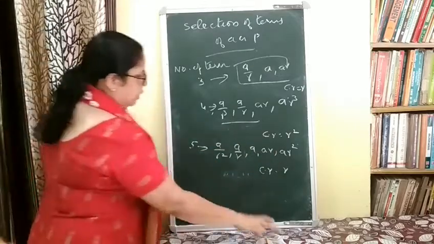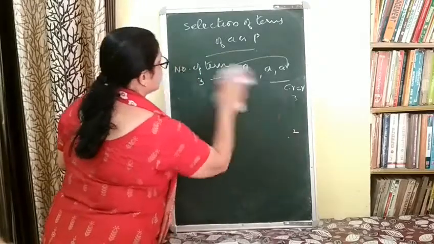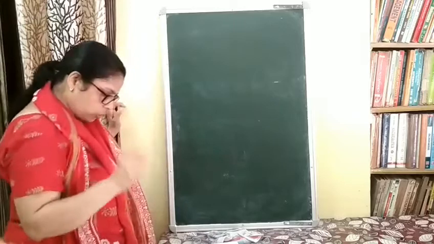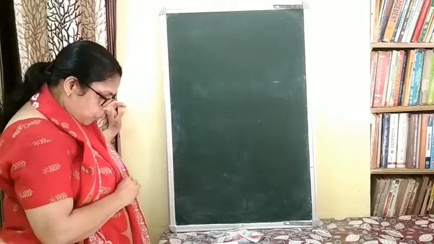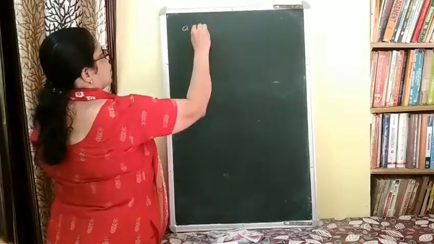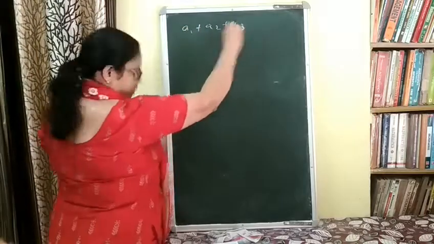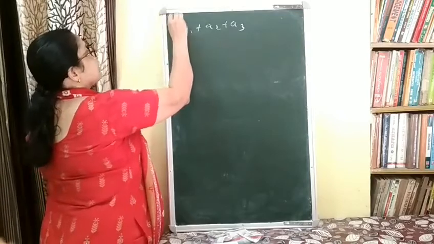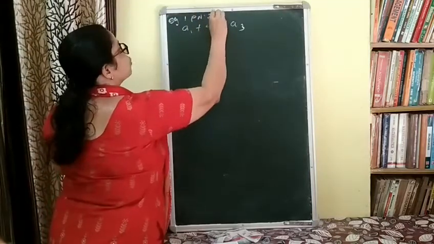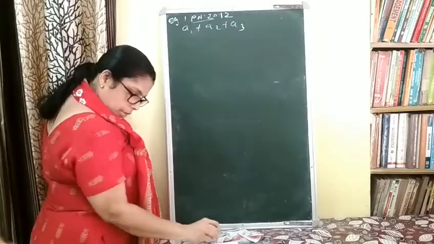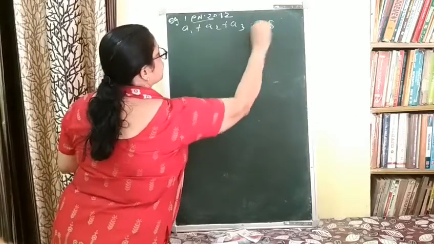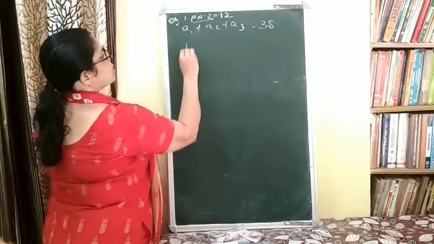I will do one question, after that we will complete today's class. Next questions we will do in the coming class. I will just give you one question so that it will be clear. Sum of 3 numbers in GP is 38. 3 numbers in GP, that is A1 plus A2 plus A3. This is example 1 of page number 20.12 of RD Sharma. How we can find the sum of 3 numbers in GP is 38 that you are given, and product is given as